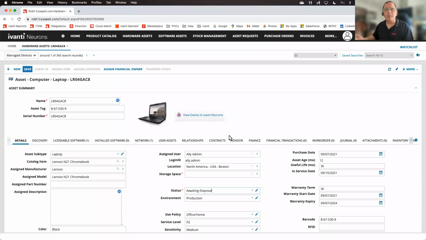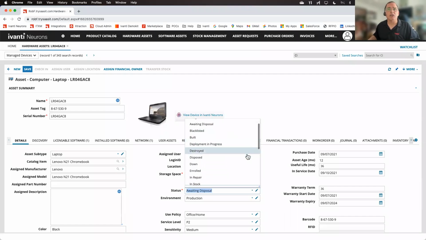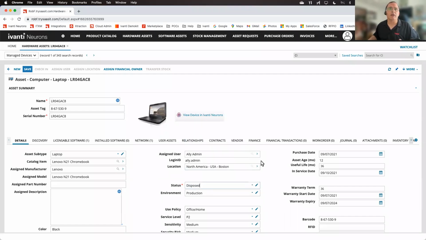because if it ever shows up in the green dumpster behind the bowling alley, right? Hopefully not. But if it does, because you sold it off to an employee or let it go in a fire sale or didn't properly dispose of it, the EPA can trace that serial number back to you. And if you don't have a proper disposal certificate for it, you're liable as an organization for all the contaminants found within that asset. So there's mercury and lead and all sorts of other contaminants in the motherboard. It's $250,000 per contaminant found. It's not something that you want to show up in the green dumpster behind the bowling alley without a proper